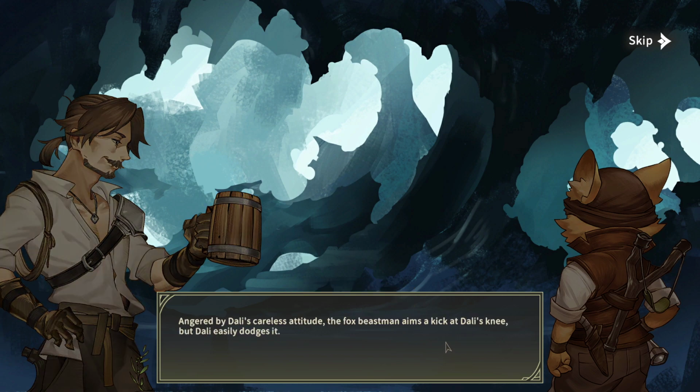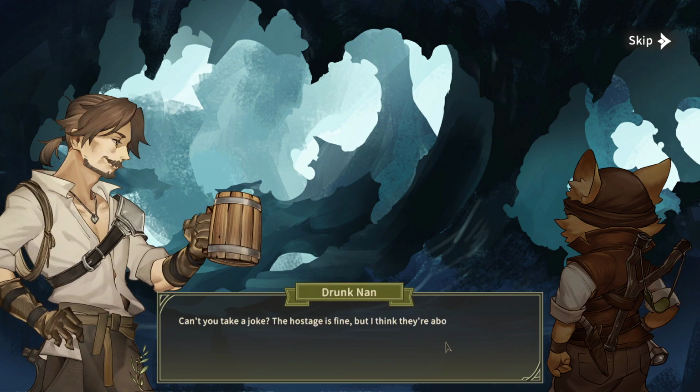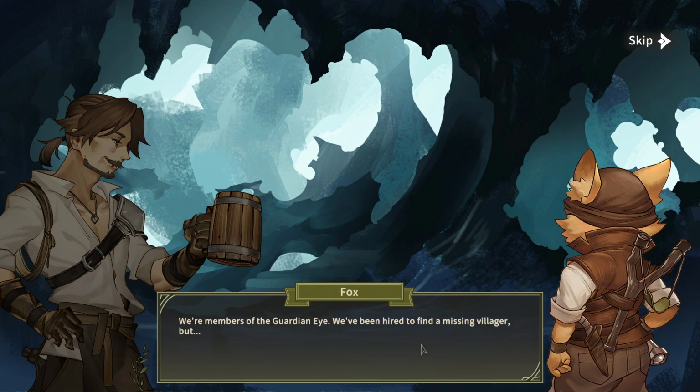Angered by Dally's careless attitude, the fox beastman aims a kick at Dally's knee, but Dally easily dodges it. Can't you take a joke? The hostage is fine, but I think they're about to eat. Wait a second. Is it their hostage, or is something else being held hostage? We're members of the Guardian Eye. We've been hired to find a missing villager. Okay, something else is holding... They're trying to find somebody who's being held hostage. Trying to find a missing villager, but...